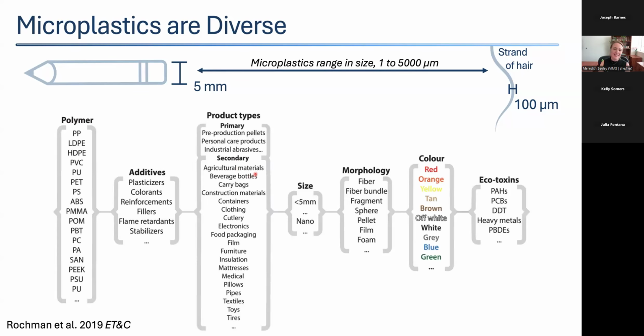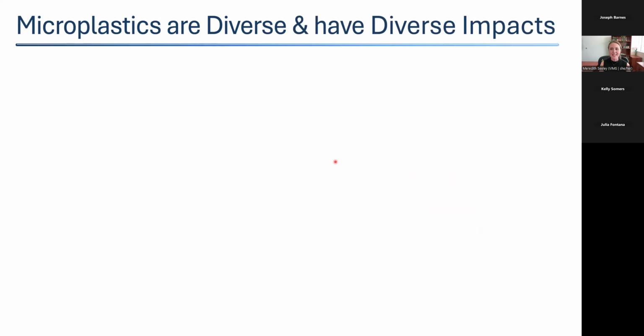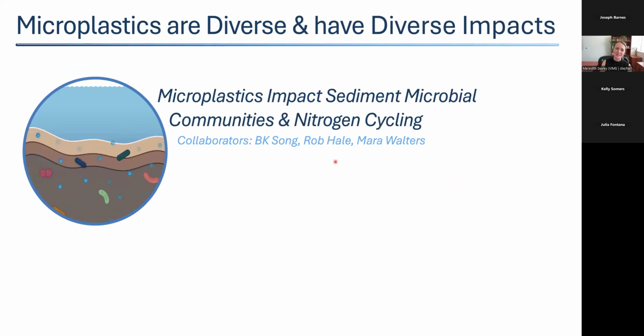In addition, there are a variety of other parameters that are really important when we think about microplastic characteristics. We often refer to a plastic based off of its polymer type, but that is just one of the chemical complexities of plastic. There are additives that might be particular to certain polymers or shared across polymer classes, different morphologies, colors, surface textures, and chemistries that all go into making a particular microplastic what that microplastic is. And these are really important things when we think about the effects of microplastics in marine systems. So I'm going to give you 2 different research examples today really quickly to illustrate how different microplastics have different types of impacts based off of some of those parameters.